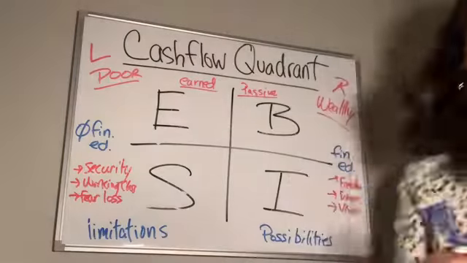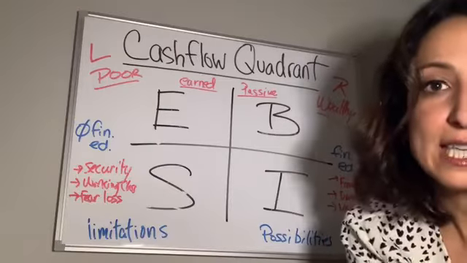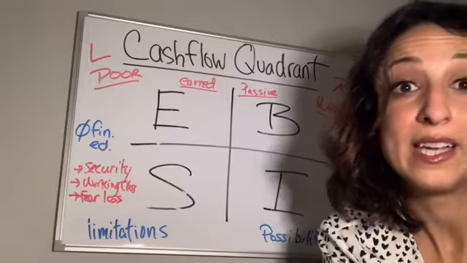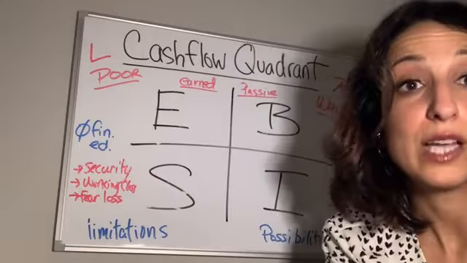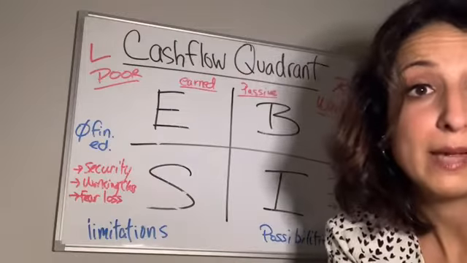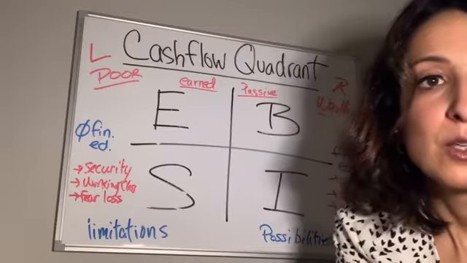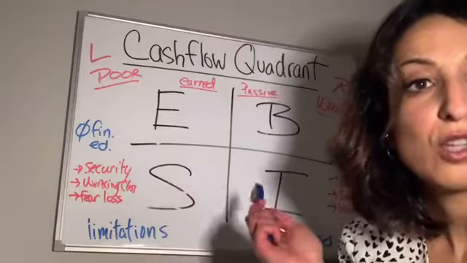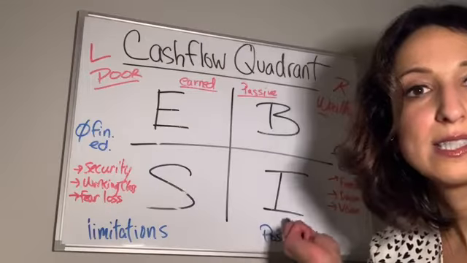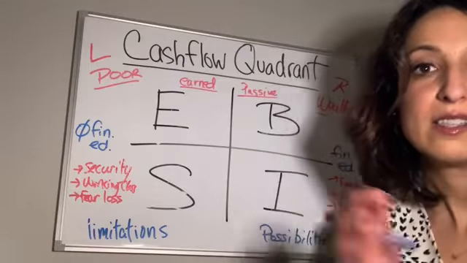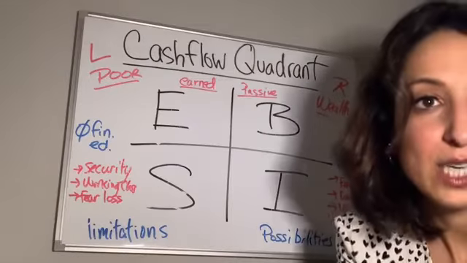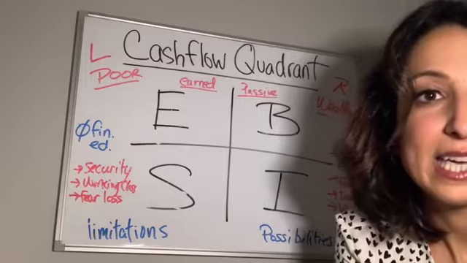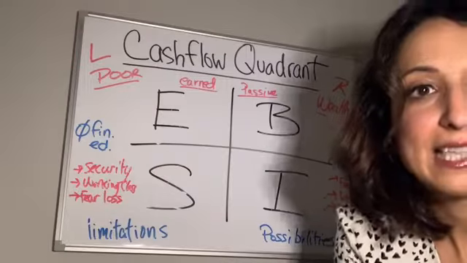Whereas over here, you have possibilities. You're forced to think outside the box. You have to look at options. You have to find a way to get things done more efficiently so that you can win your time back, so that you can make passive income. So that's where possibilities come. That's where vision comes. A lot of the dreamers, a lot of the entrepreneurs, they end up being on this side. Why? Because they're building, they're thinking outside the box, they're doing things against the grain. That's what's creating their wealth, and that's how they're building.